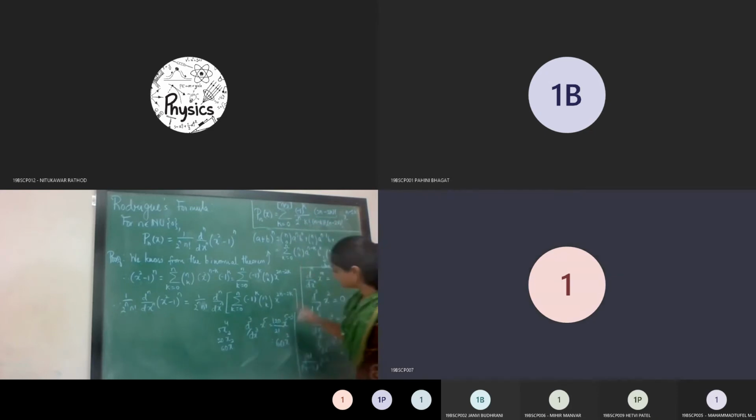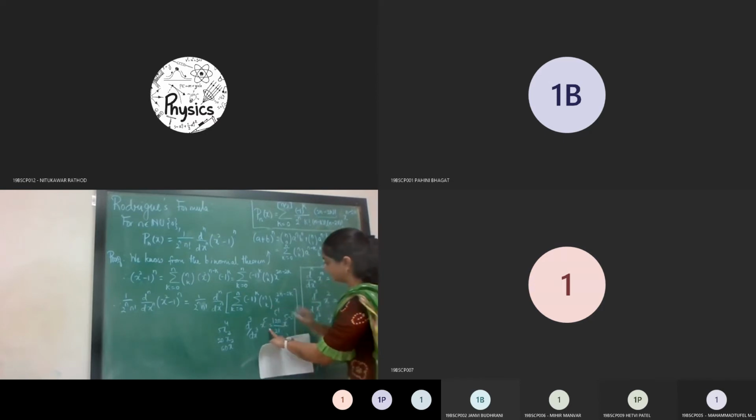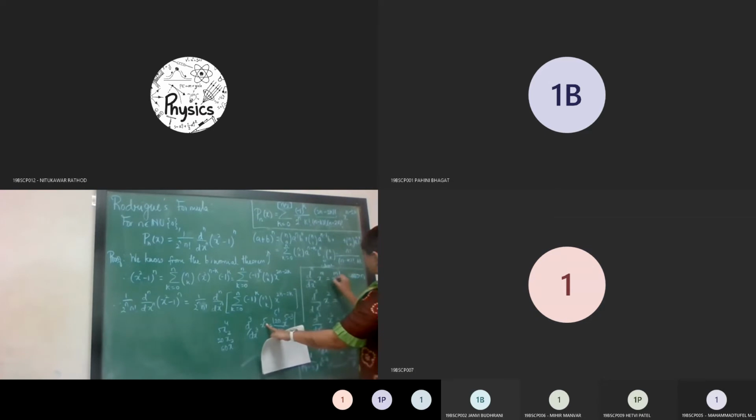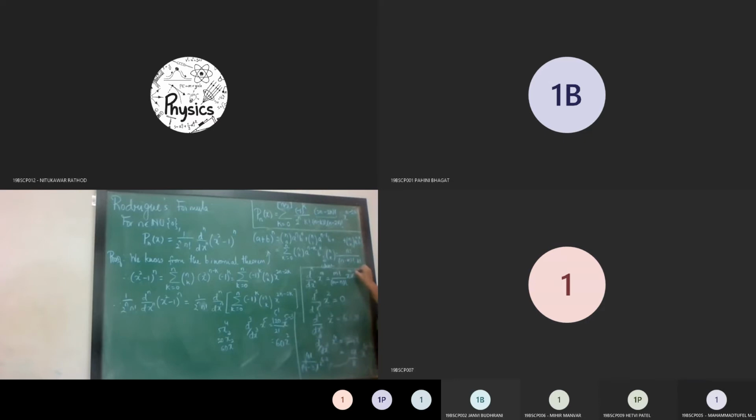Yes or no? So observing this quantity, can I say when your m is greater than n, this is nothing but this is 5 factorial. So x का power means यहाँ पे रहेगा m factorial, then in the denominator it is difference of these two, that means here it will be m minus n factorial into x raised to m minus n. Yes or no? Yes, ma'am. Very good.